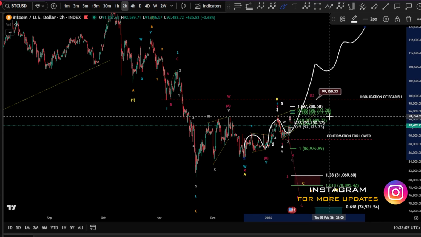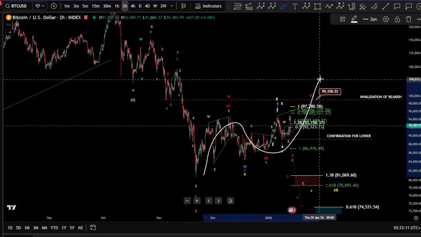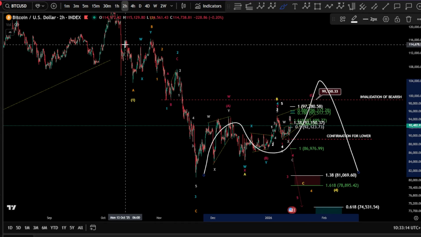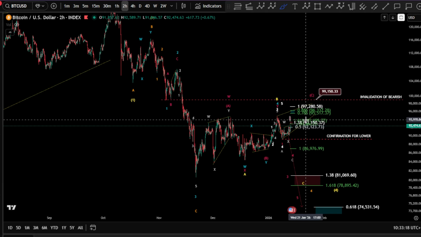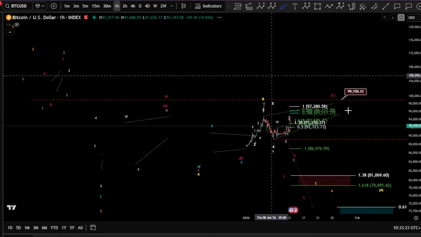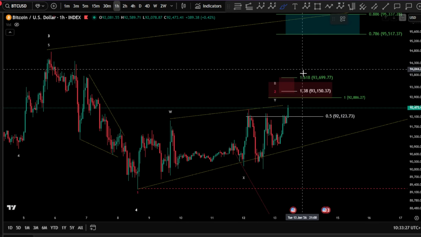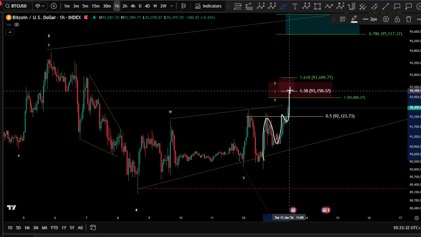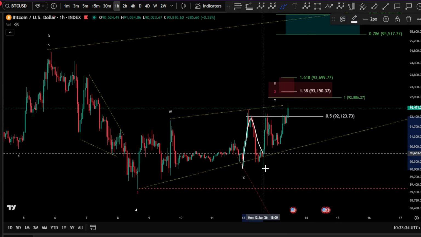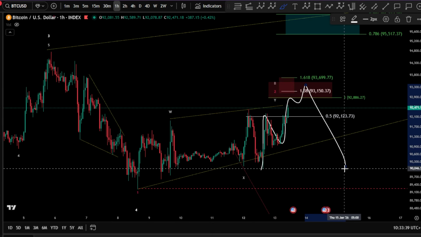We're looking for a new high here. And finally, if we get only an ABC and we drop down, that is a possibility as well for a deep WXY, towards the 56K, as we saw on the daily. So to be very clear here, I'm watching this area, and I would like to see what the reaction is going to be, plus how the structure is going to end up. So if we have a 1, 2, 3, 4, and a 5, and we drop down, then okay,